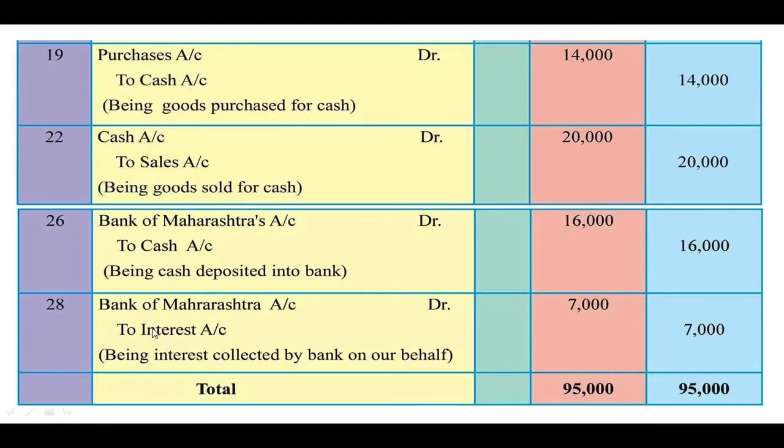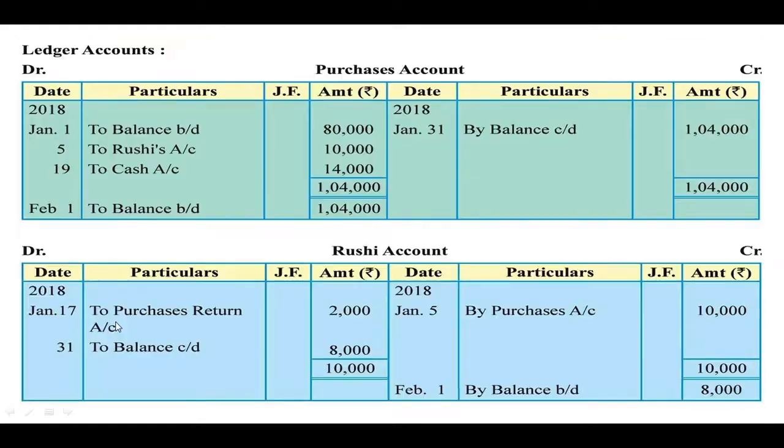It means now we can close Rushi's account. So here you can see that before calculating the closing balance there are two entries. One entry is on the debit side, other entry is on the credit side. And credit side amount is rupees 10,000, which is higher than the debit side. So always you have to remember that higher amount you have to write as the total. So 10,000 should be written on the same line on debit and the credit side, and the account should be closed by drawing two lines.